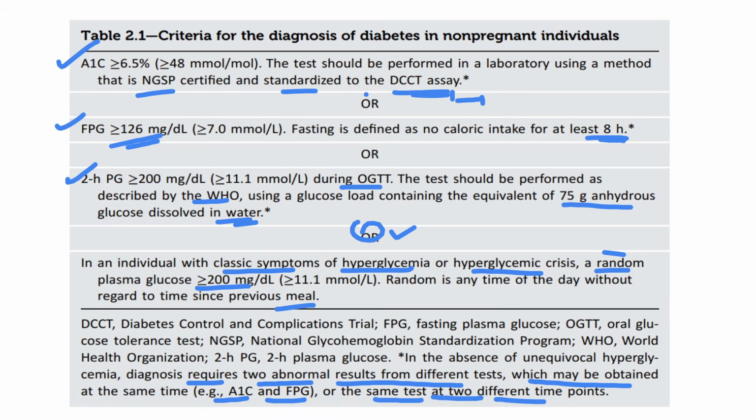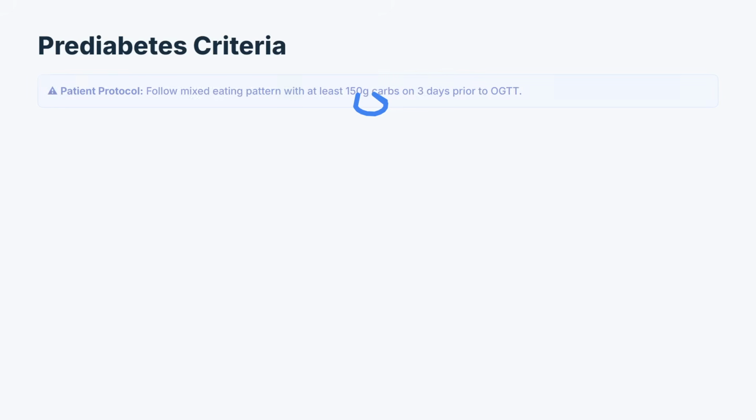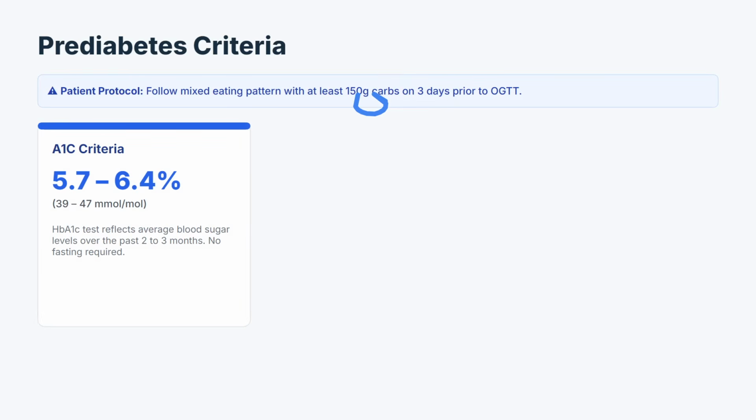For example, if HbA1c is more than or equal to 6.5 at one particular time, and after repeating it, it is again more than or equal to 6.5, then also we can diagnose diabetes. Now let's see what is the criteria for defining pre-diabetes. So firstly, we need to understand that